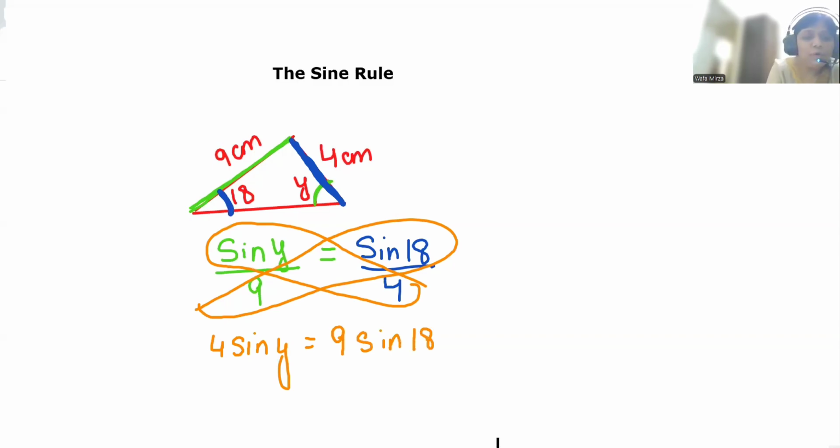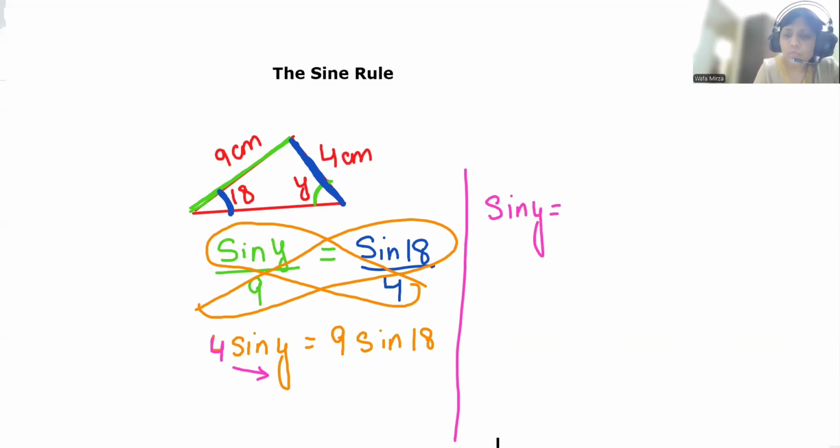Now this 4, when it goes to the other side, it will go in the denominator, right? So I will get sine y is equal to 9 times sine 18